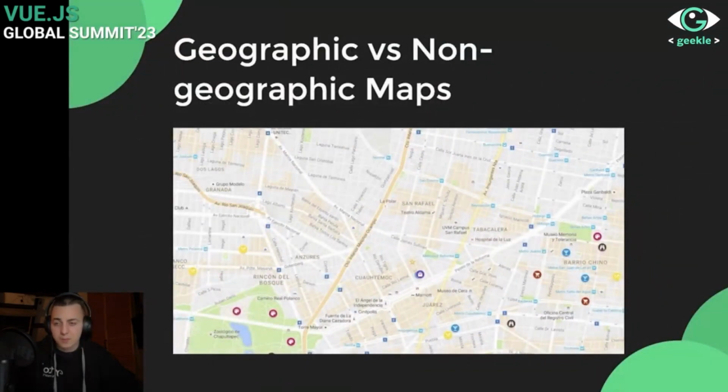And speaking of maps, I wanted to talk about geographic versus non-geographic maps, because when we say maps, we usually think of something geographic, something with streets, with cities, with parks, and so on. So something like this on the picture. But in a sense, maps are much more than that. I would say that maps are just visualizations that help us navigate. And we can navigate not only in between streets and cities and so on, but we can navigate between